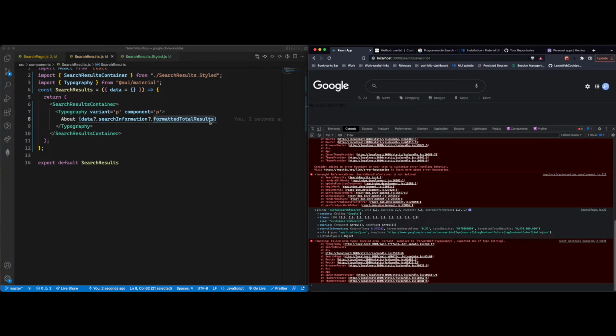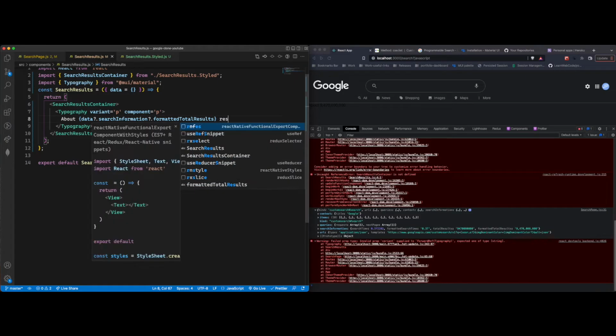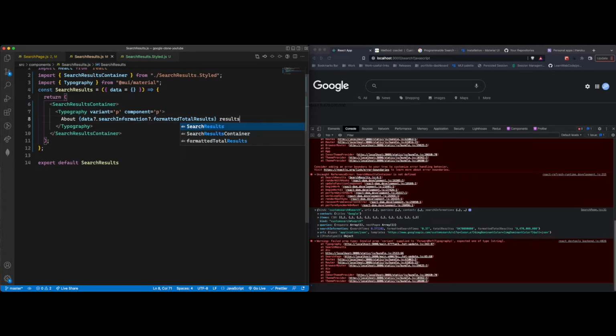Alright, now after that this said results, and after that, what they also have is a source time. So we want to grab the source time from, let me grab this code,